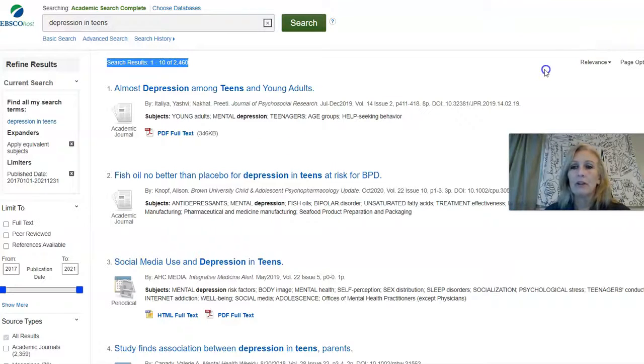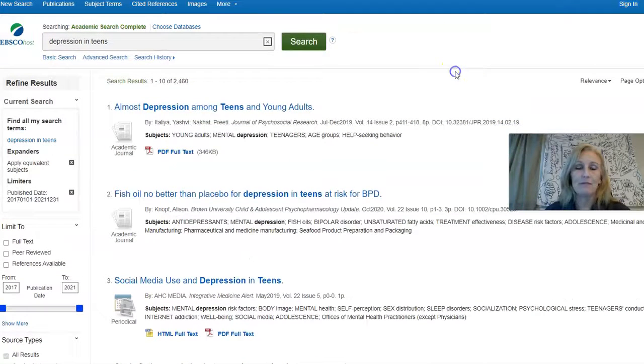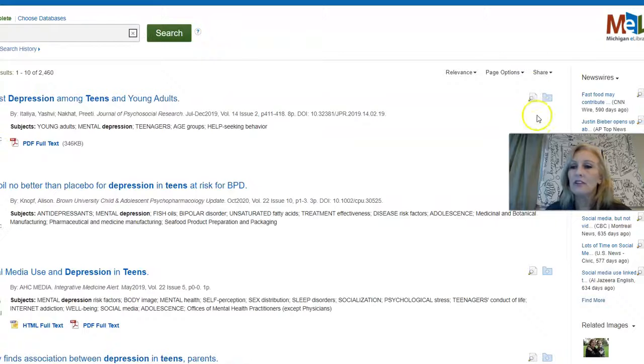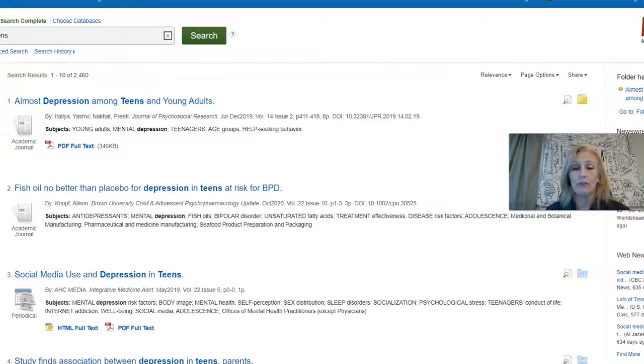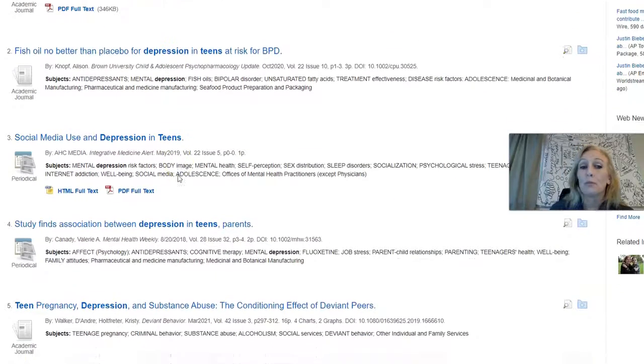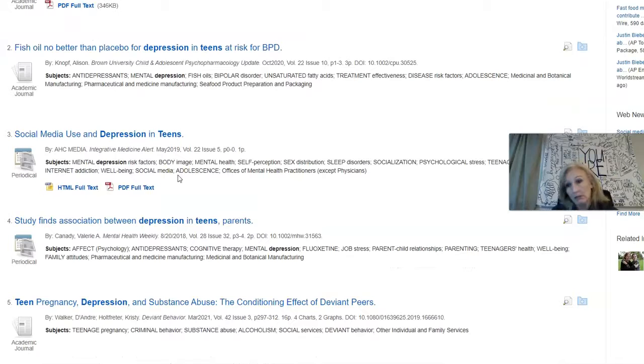I can't move it over here, but if you move it to the other side, which is not letting me do that right now, like it did just a second ago. There we go. You can see the folders. So I kind of like that one, so I'm going to stick it in the folder. Now this is only going to last for this search unless you sign your folder up a certain way. Okay, social media and depression. You could probably write a whole paper on just social media and depression. You could probably find 5 studies right here.